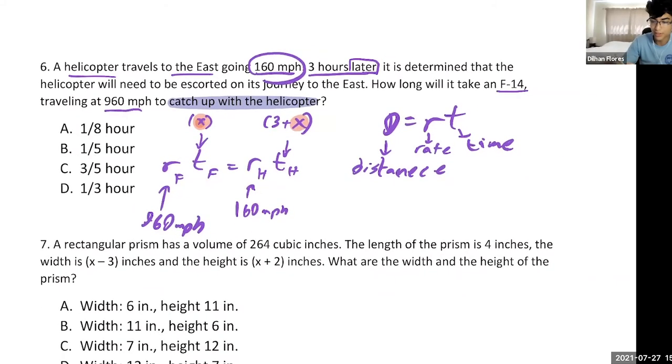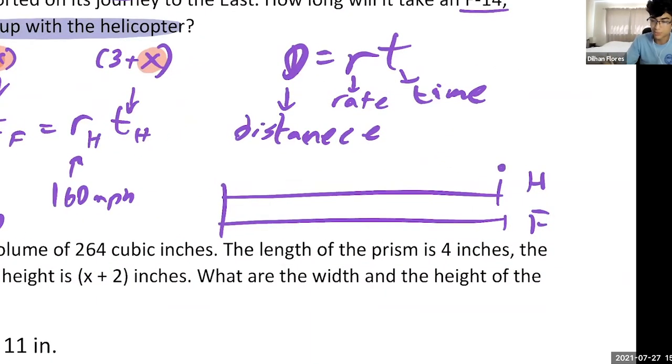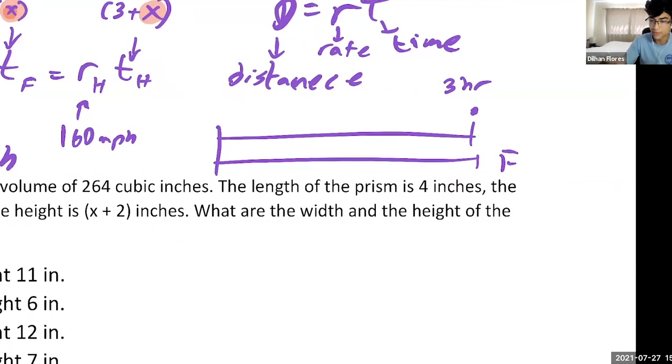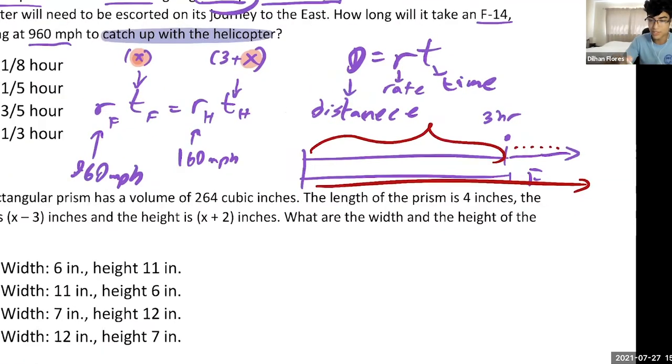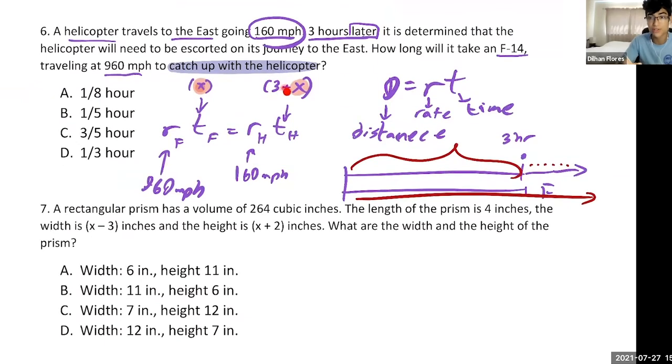Yeah, so if it helps with a little visual thing, here is our helicopter. This one's our F-14, right? And then our helicopter got to this point in 3 hours, right? And then it keeps on going. While it's still going, now the F-14 needs to make up all that time. So this distance that it covered in 3 hours, the F-14 didn't have that. All right. So it got to here, and then it's just kind of puttering along while the F-14 starts flying towards it. So that's why for the time for the helicopter, it is those original 3 hours plus the time it takes for the F-14 to get there, which is X.